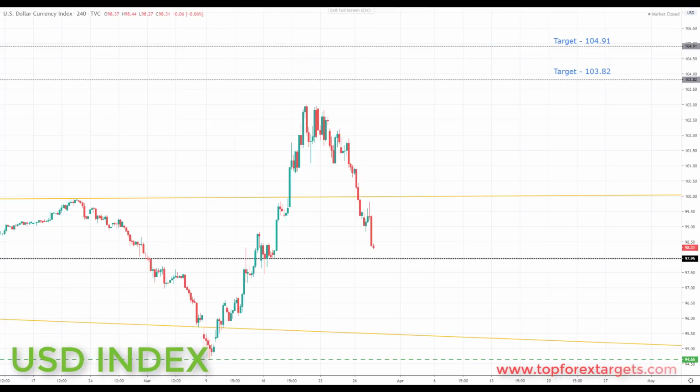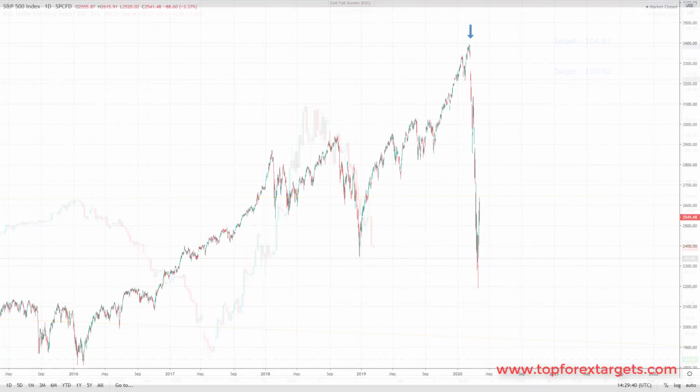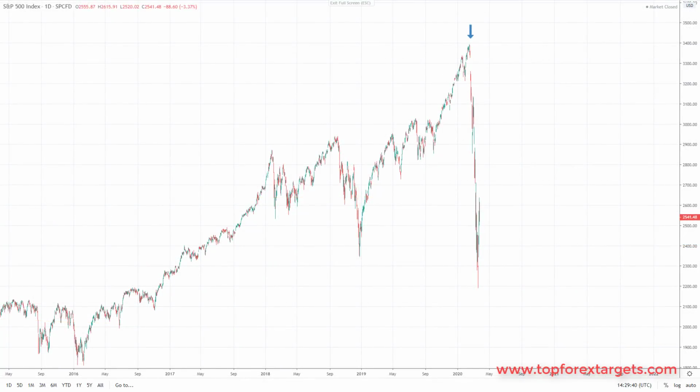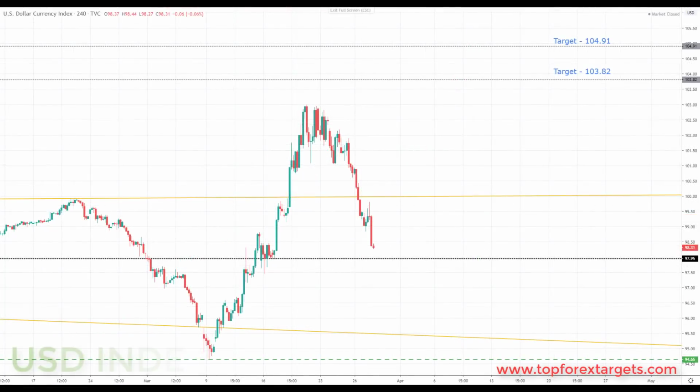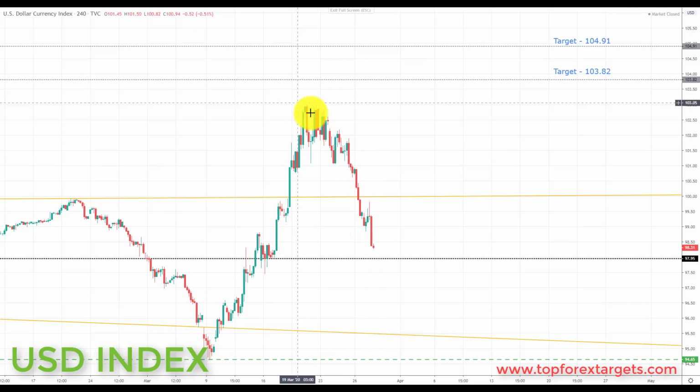As always, we're going to start off by looking at the US dollar index. Now, the first thing I wanted to say going into next week when looking at the dollar index and at all of the currency pairs as well is that we are, and we have been over the last couple of weeks, trading through a stock market crash. This has brought volatility not only into the stock markets but also into the currency markets, and this can be clearly seen in the big swings we've seen to the downside in the dollar index, then to the upside, and we had this sell-off and this kind of pullback, as we're viewing it at the moment, in the dollar index last week.